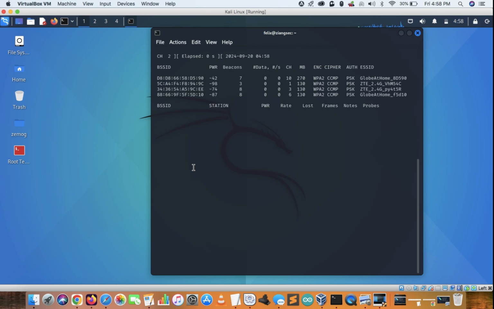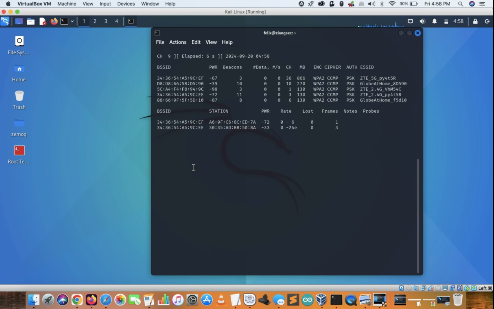Okay, so it will discover different APs, and we are only going to do something to our own network, not somebody else's network, because we don't have any permission to do so. Now, if the target AP is already listed there, then you can quit this process.